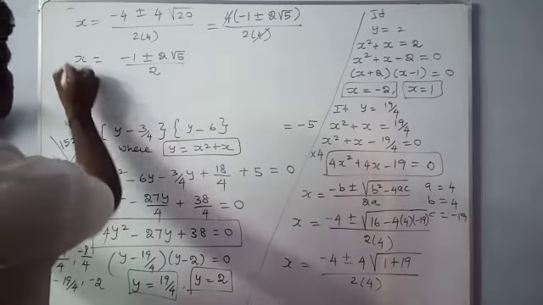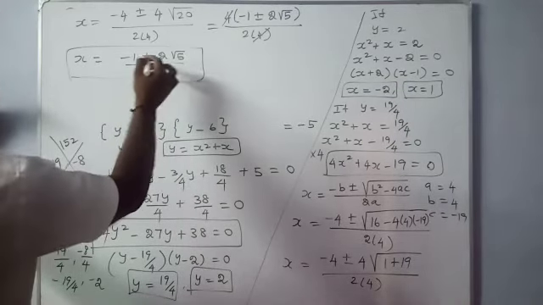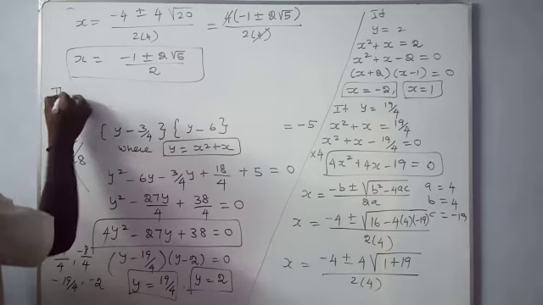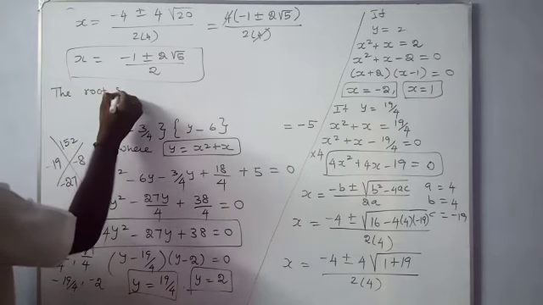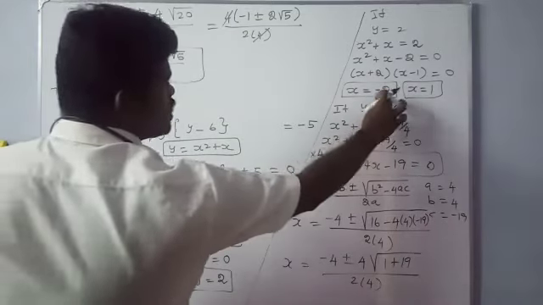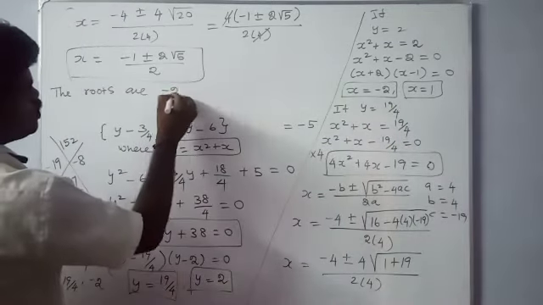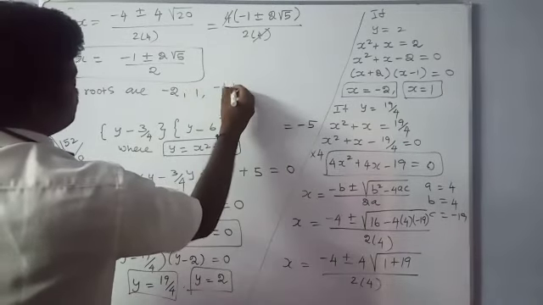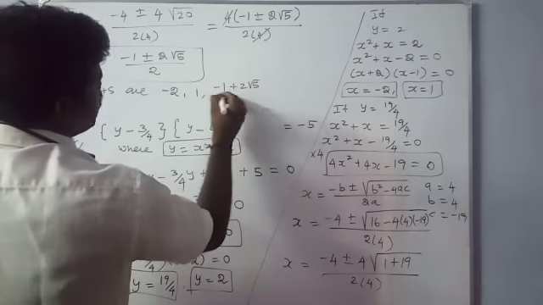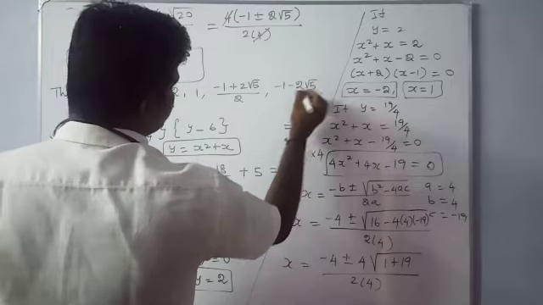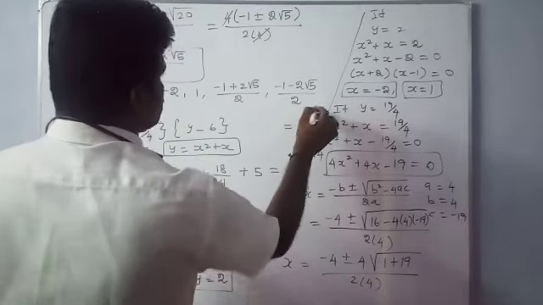So there are two roots here. One root is minus 1 plus 2 root 5 by 2, and another one is minus 1 minus 2 root 5 by 2. Therefore the roots are, already we have two roots, minus 2 comma 1, comma minus 1 plus 2 root 5 divided by 2, comma minus 1 minus 2 root 5 divided by 2. These are the